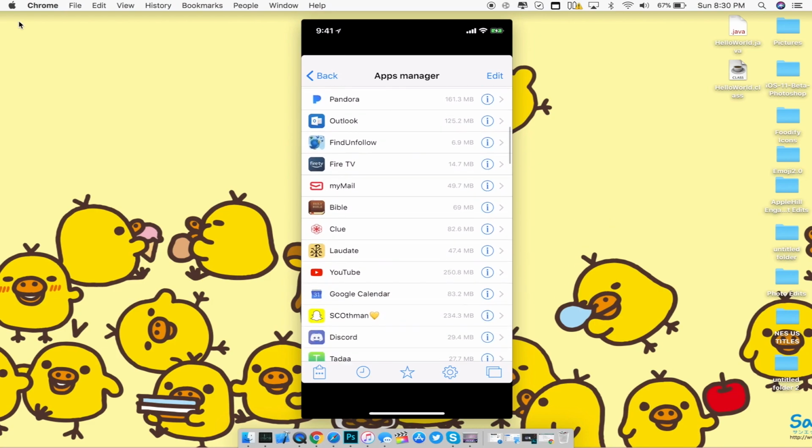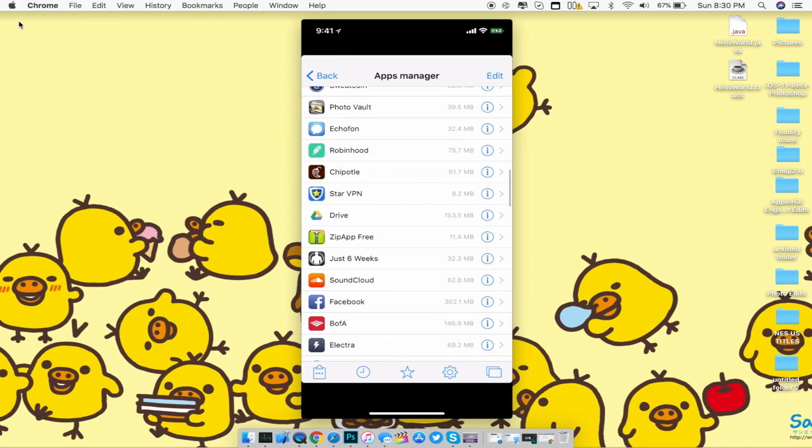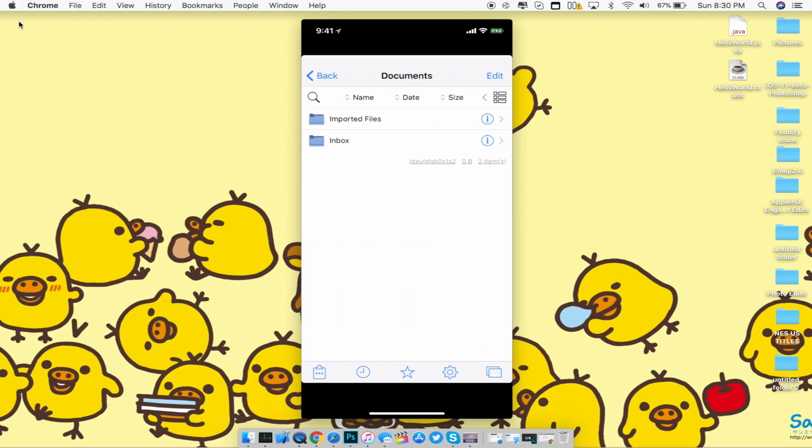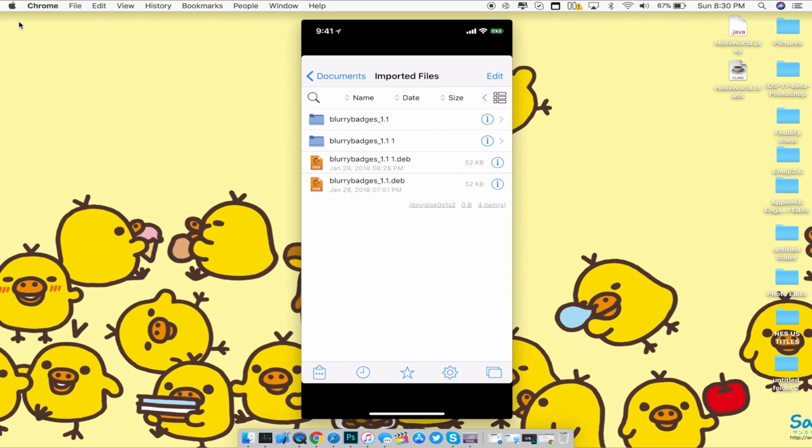Then you want to scroll down until you find that app. So let me go ahead and find it. Zip App Free right here. Click on it, and then click on Documents, Imported Files, and then you guys will see the Blurry Badges folder that you guys extracted. So you want to click on the folder, then click on Data, then click on Library